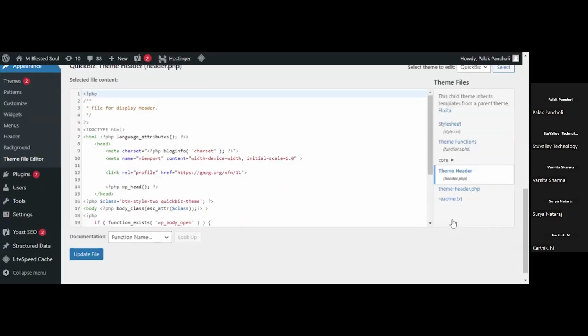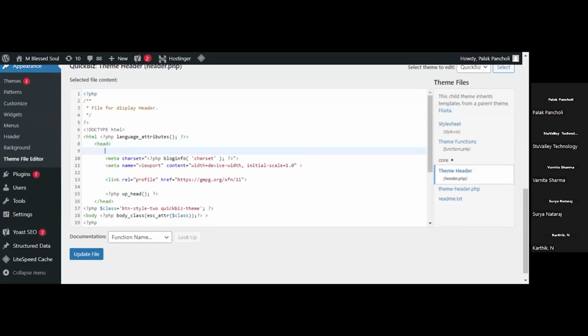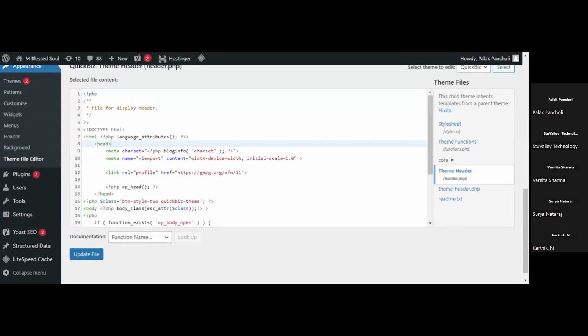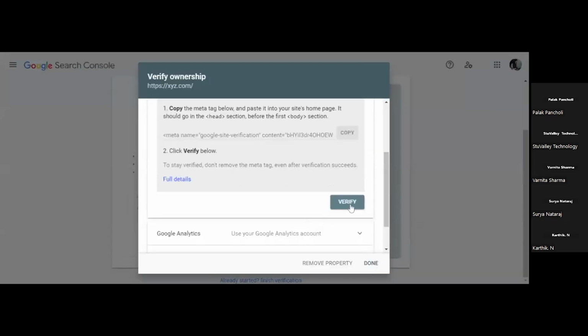On the right hand side you have to click on this, and this is the head section available, right? So just below this you have to paste that code. But this is not the actual website, so I will not put the code. After putting that code, you have to update the file, and that's it. After updating this file, again come to the Google Search Console and click on verify here.